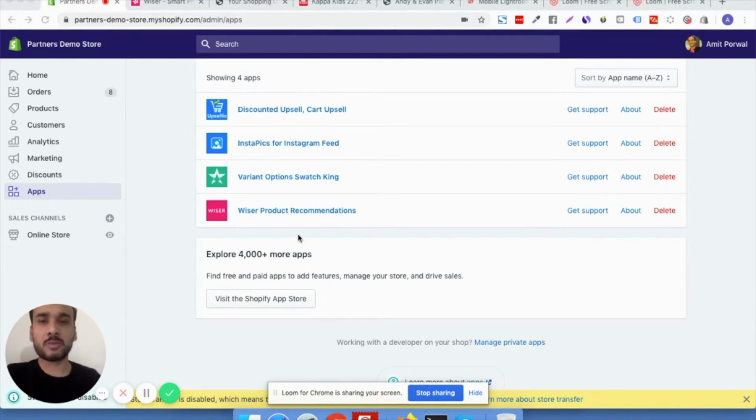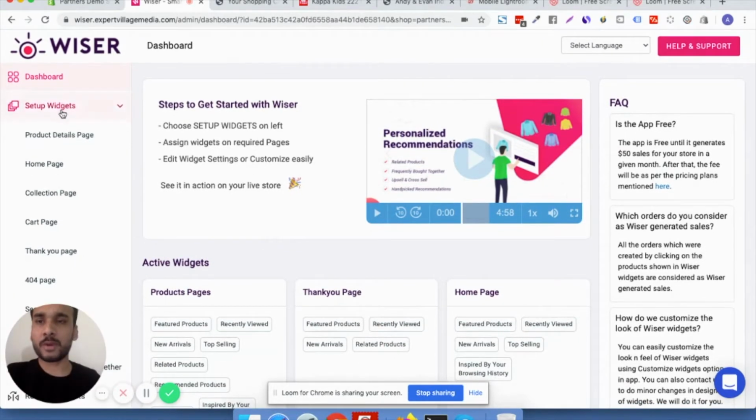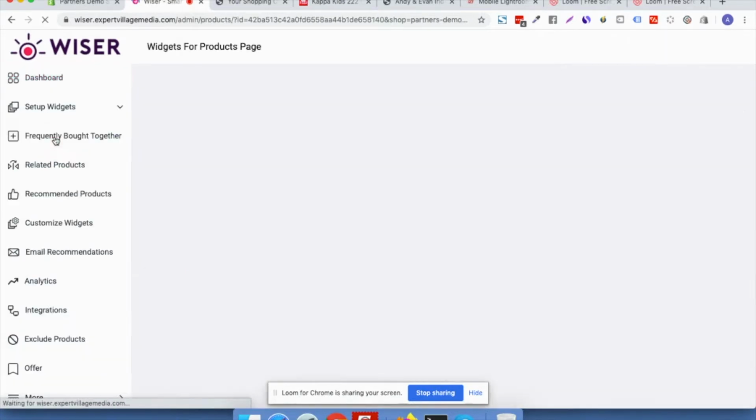So from your dashboard, the app section, you can access the app from here. The dashboard of Wiser looks like this. In the left panel, you see the product details page, home page, collection page, and all the pages of your store, the most important major pages of your store. The reason we have put together these pages is that you can click to any of the pages like this, and